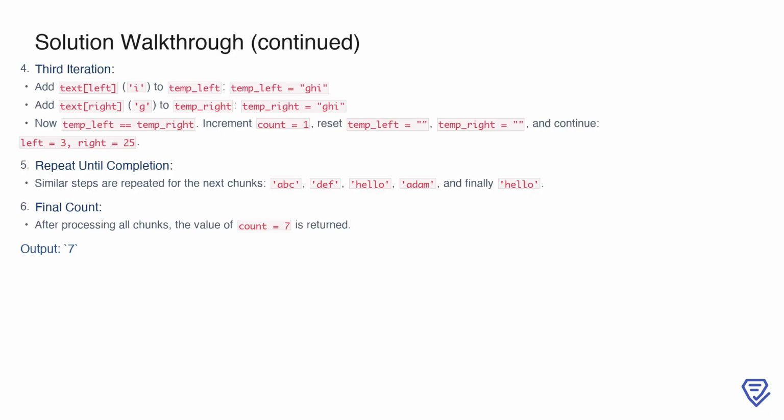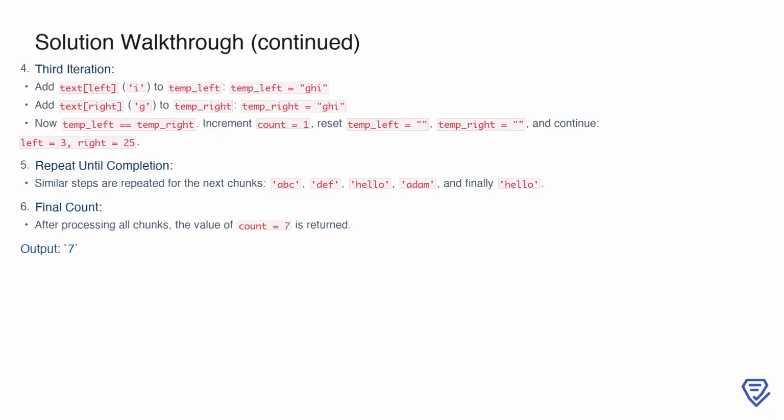We increment count by 1, reset both temp_left and temp_right to empty strings, and continue processing the remaining part of the string by advancing the pointers. This process repeats as we identify additional chunks such as ABC, def, hello, atom, and another hello. Each time we find matching chunks, we increment the count and reset the temporary strings to prepare for the next chunk. Once all chunks have been processed, the final value of count, which is 7, is returned as the total